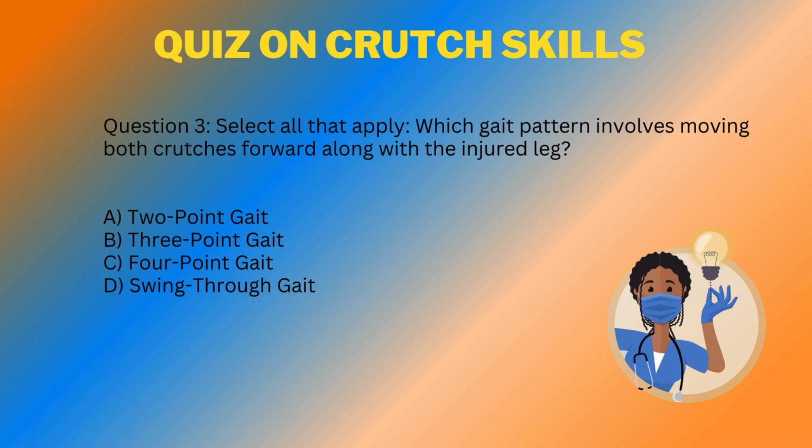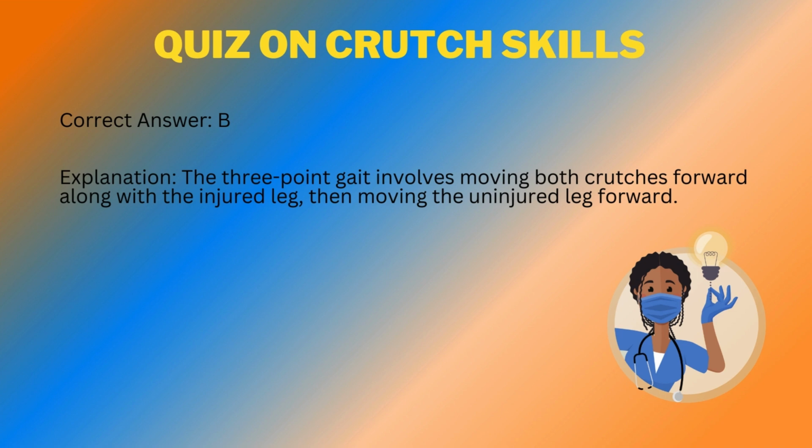Question 3. Select all that apply. Which gait pattern involves moving both crutches forward along with the injured leg? A. 2-point gait. B. 3-point gait. C. 4-point gait. D. Swing-through gait. Correct answer: B. Explanation: the 3-point gait involves moving both crutches forward along with the injured leg, then moving the